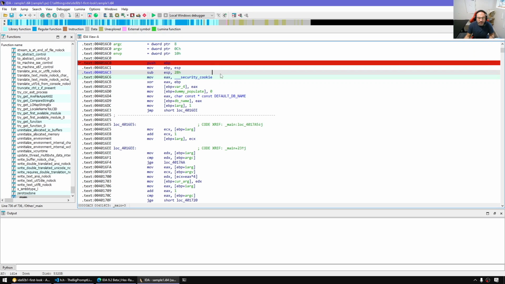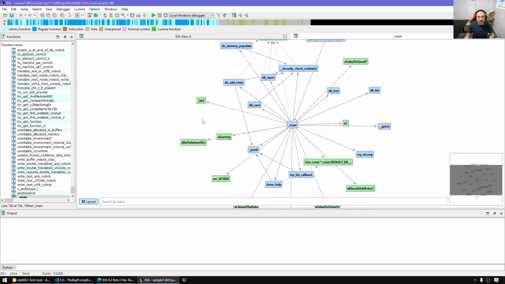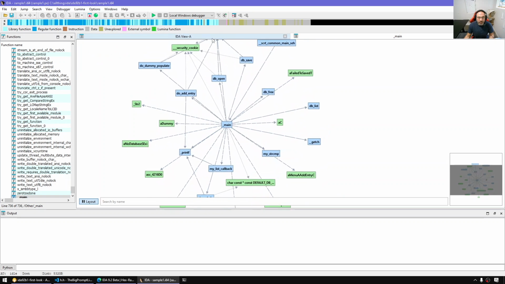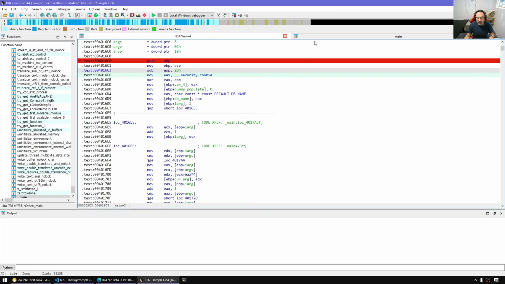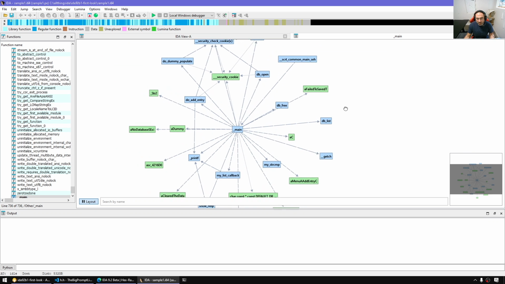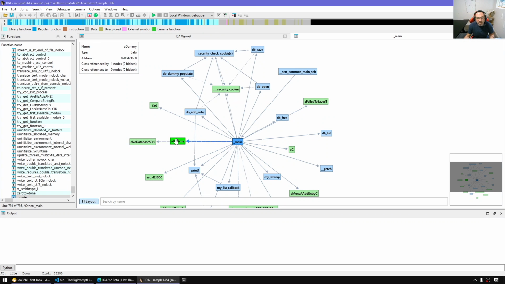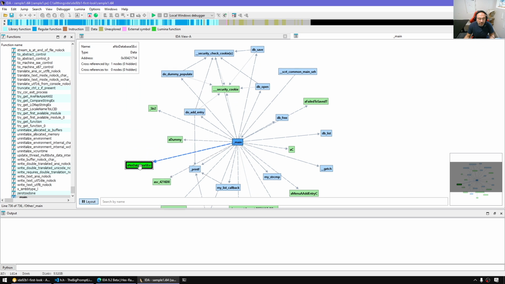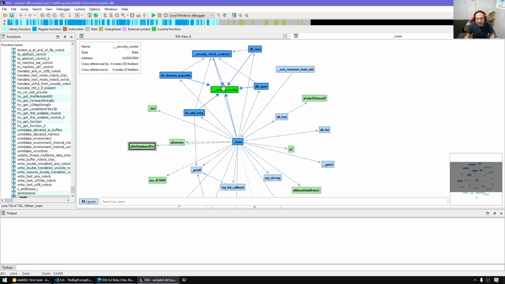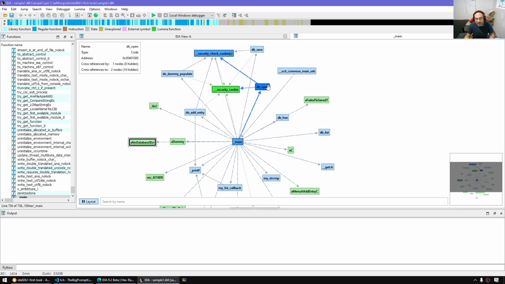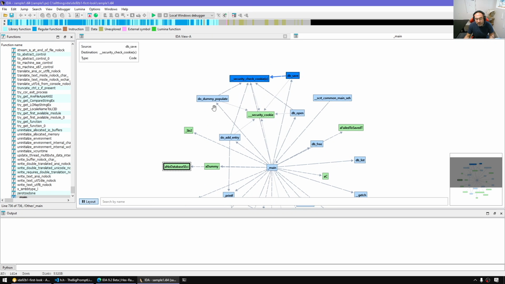Let's invoke the xref graph with Alt Shift X, and here we go. This is main. This is where we invoke that functionality from the function main. And it's supposed to let us see the relationship between our function and the relationship to other functions and data. And so here main, for example, has relationship to the string dummy, another string here. We have access to security cookie. You can see outgoing is going to call dbopen, which as well we can see dbopen itself is going to invoke this,